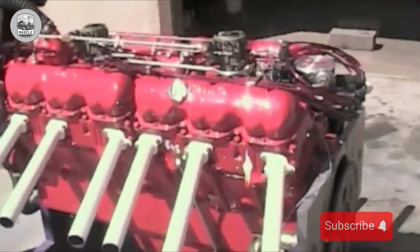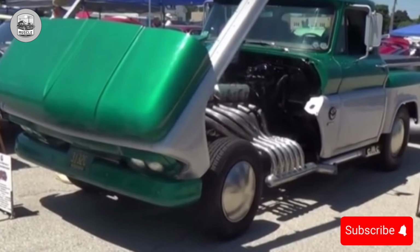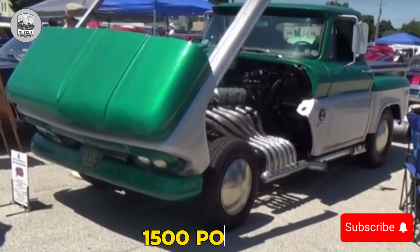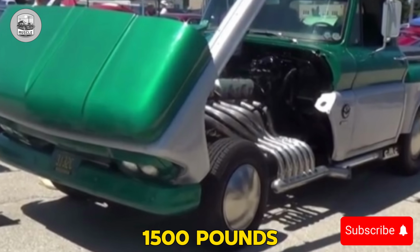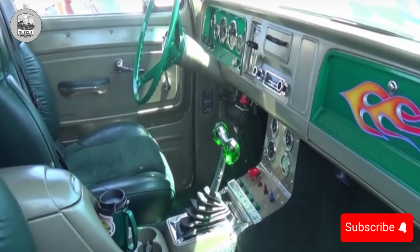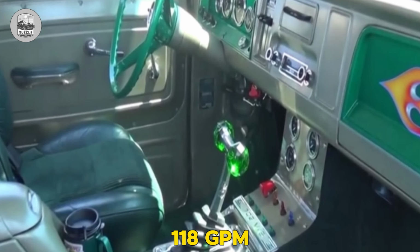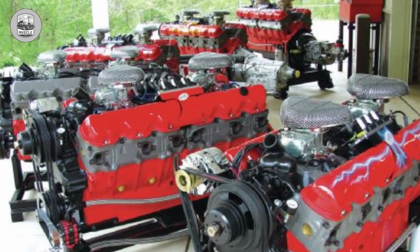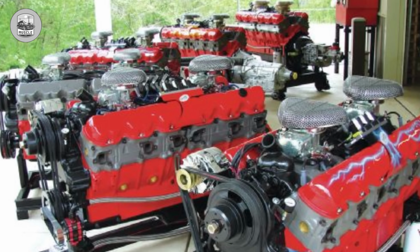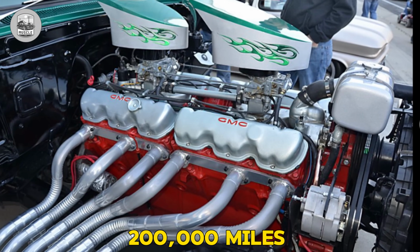The sheer scale of the engine was mind-blowing. The crankshaft alone weighed nearly 200 pounds, and the engine, fully assembled, tipped the scales at 1,500 pounds. It required a massive oil sump that held 4 gallons of oil and a water pump capable of pushing 118 gallons per minute just to keep it cool. This wasn't just an engine. It was a mechanical giant designed for the long haul, known to last up to 200,000 miles before needing a